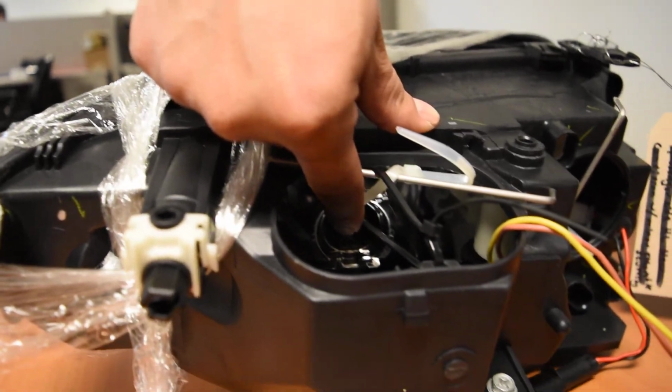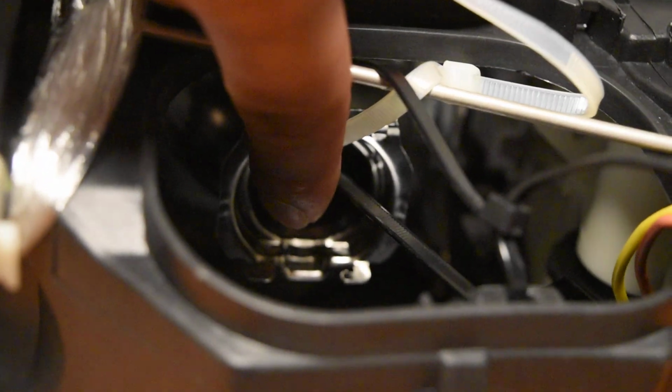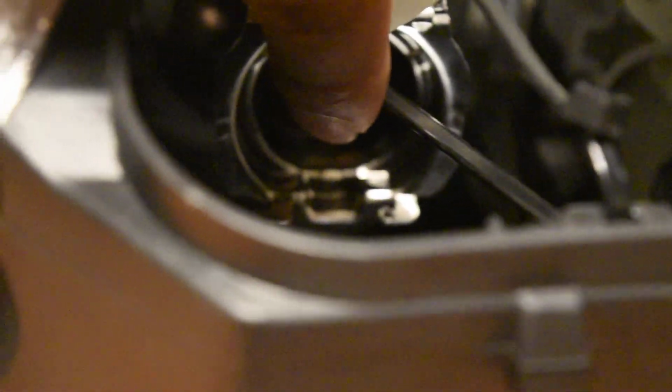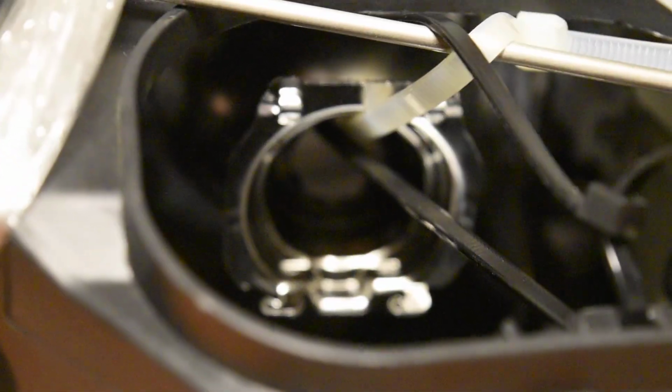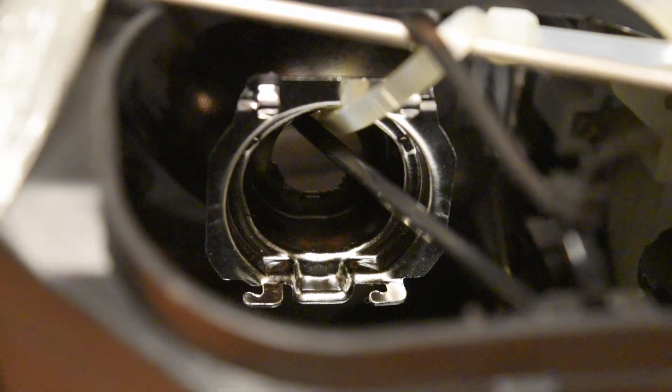We'll allow a second here just to focus. The bottom, there's a small notch right there. And essentially we'll just align into it. You'll know the bulb is in place when it seats perfectly. It's going to just have a real snug fit to it. Once the bulb is in that position,